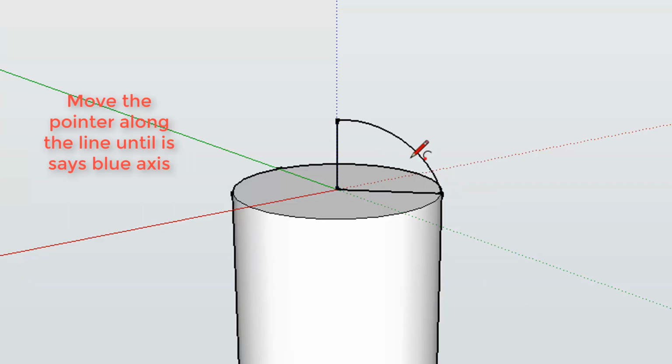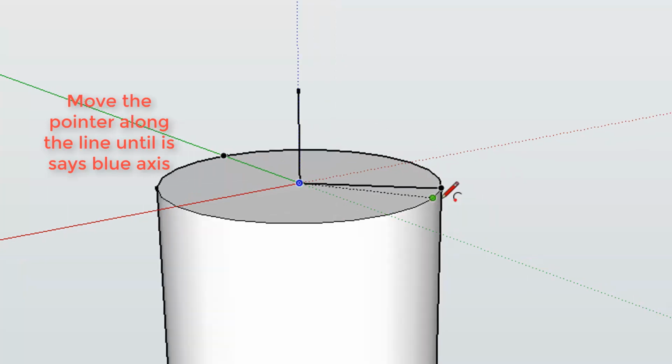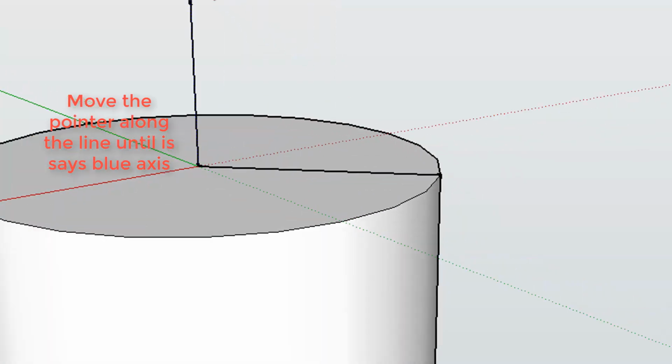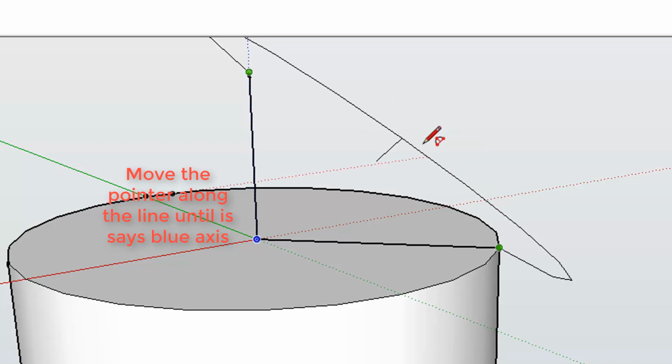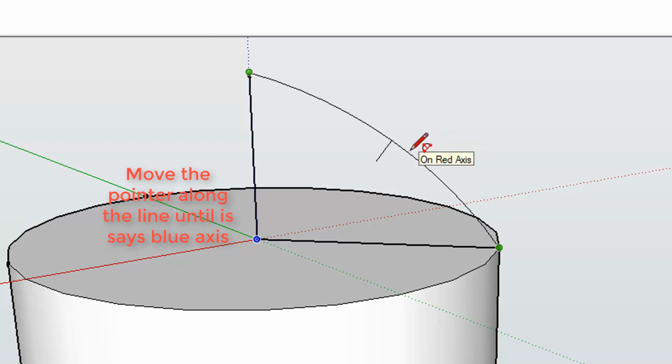Let me swing it around. I'll show you why that doesn't fill in. Nope, not yet. Well, okay. The next time it doesn't work, I'll show you why it's not working. So click, click, pull up. It doesn't say on blue axis. In fact, it says on green axis. From point, so it's doing it down there. You don't want it down there. On red axis,